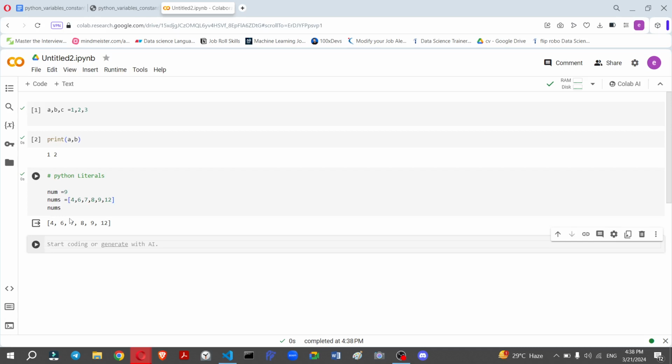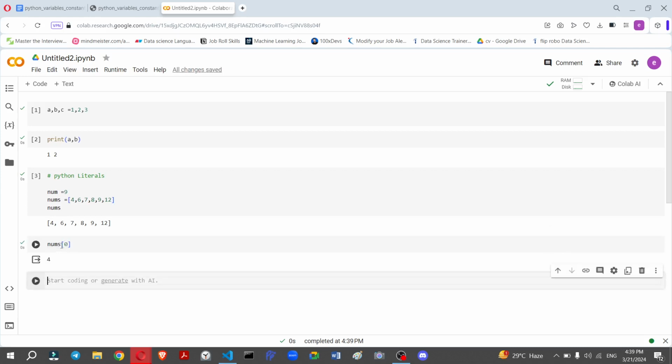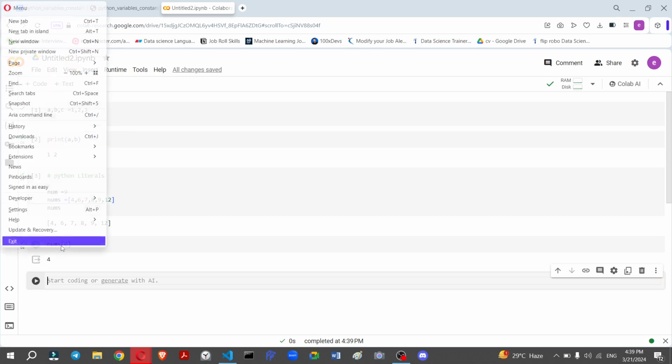But when we define nums equal to square brackets, that is called a list in Python, and it stores all the values. How we can access them, we will learn more in the upcoming videos. When we use nums of 0, meaning the index number, we call any variable from the list just by the index number. Okay,